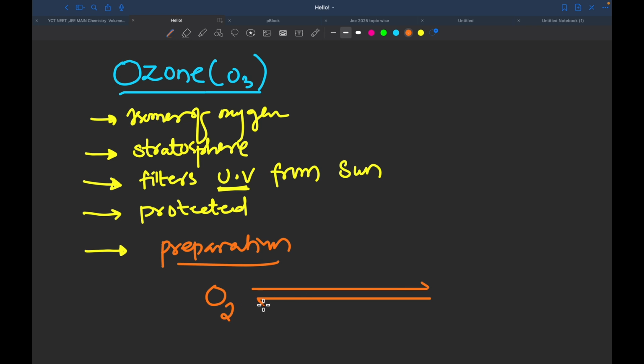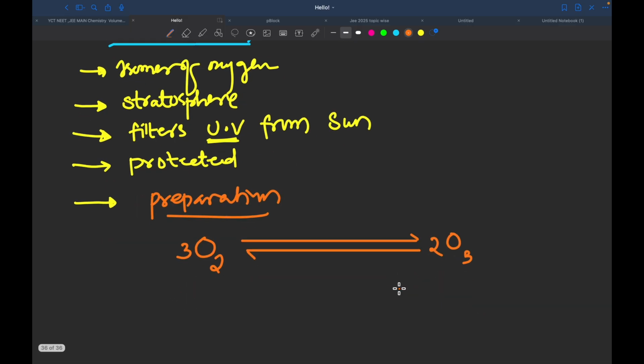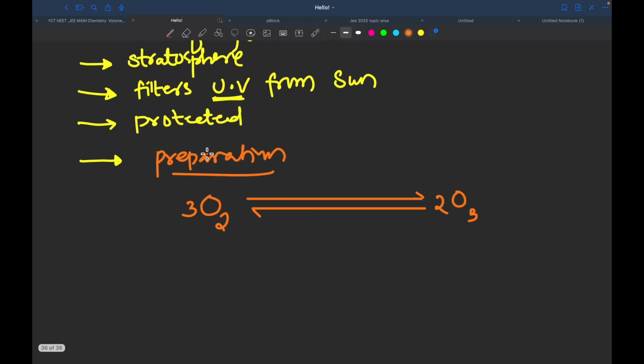This is the equilibrium. We will obtain O3 gas, right? If I balance the reaction, 3 moles of O2 gives you 2 moles of O3. For this reaction, the forward reaction, we have to use silent